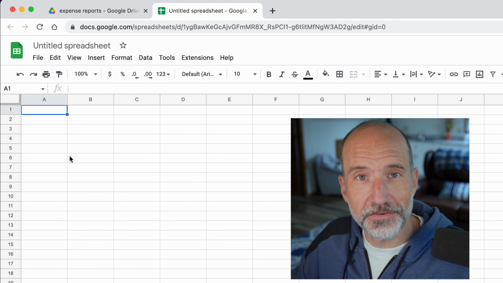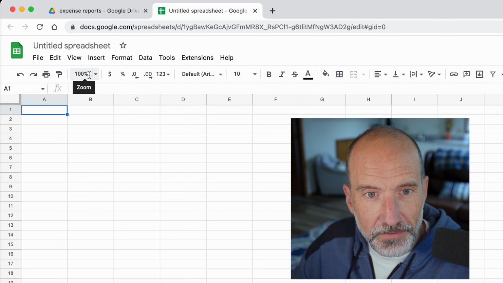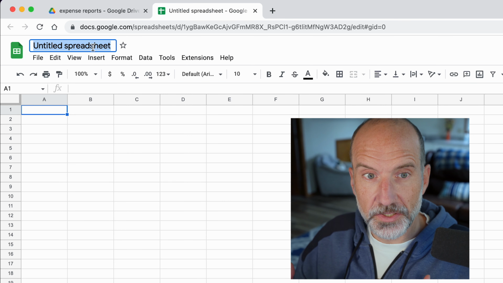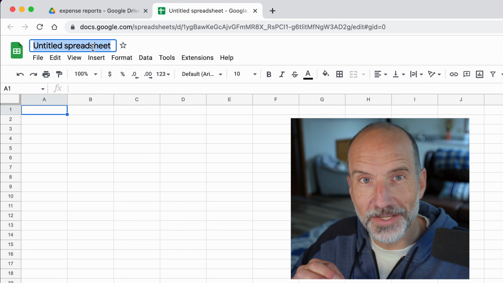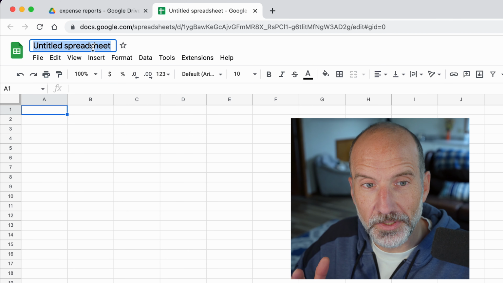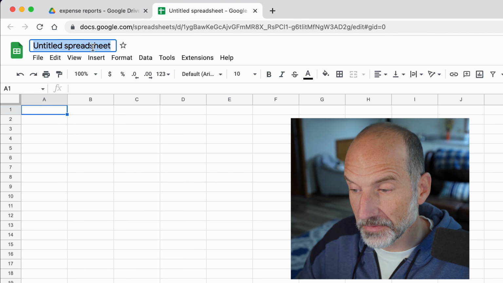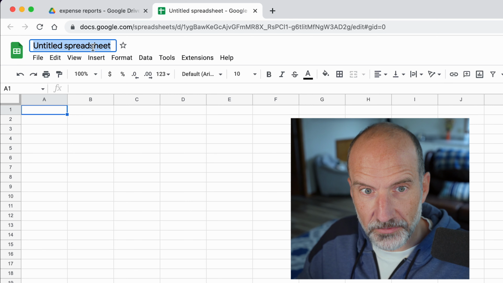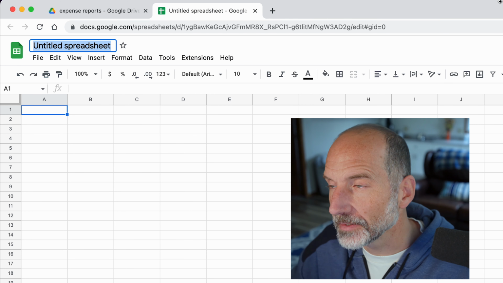All right, so you've made your first spreadsheet. And the first thing that you should do is give it a good title. So what constitutes a good title is it's full of words that you might search for later when you're looking for the file, right? Because Google Drive, you navigate it by searching a lot of times, especially if you have hundreds of spreadsheets. So I'm doing an expense report for the week ending, let's say,